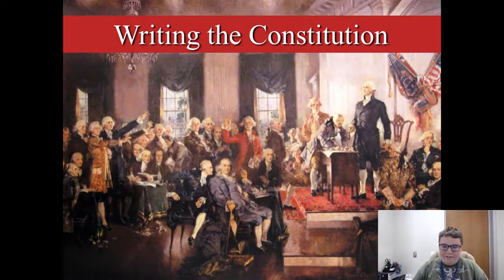55 delegates met in Philadelphia in 1787 with an aim of revising the Articles, but quickly realized that only under a new constitution could the central government adequately address the issues that plagued the country. Compromise between various interests marked proceedings. Delegates drew from several historical sources to provide a foundation for the document, which, when finalized,